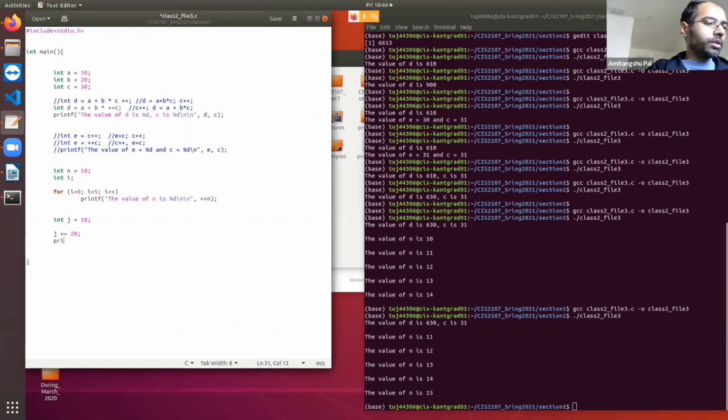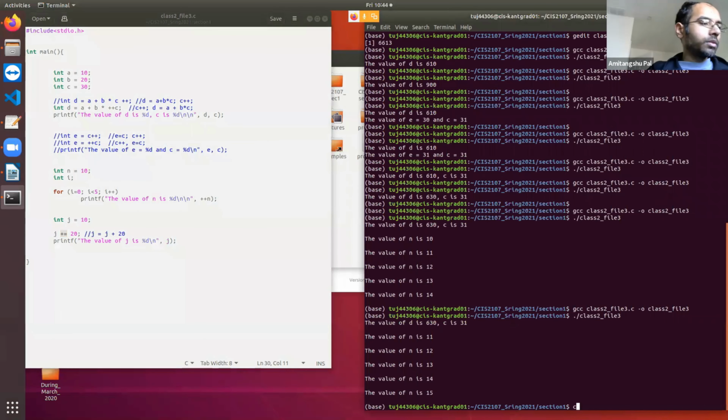If I print the value of J, what is going to be the output? J plus equal to 20, 30, right? Because plus equal to means J equal to J plus 20. This you must have used in other languages. So 10 plus 20 is